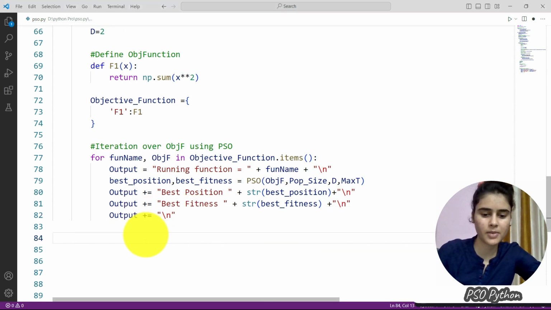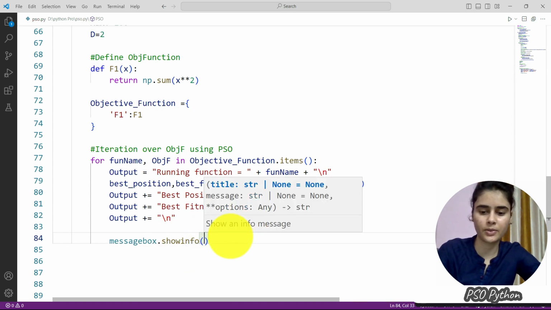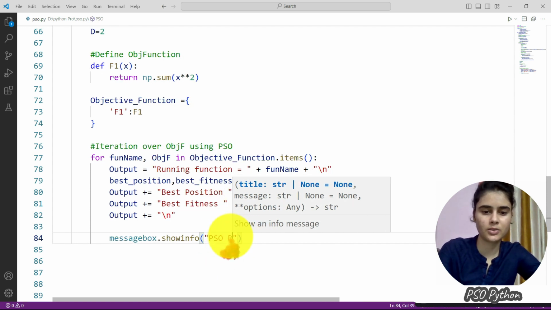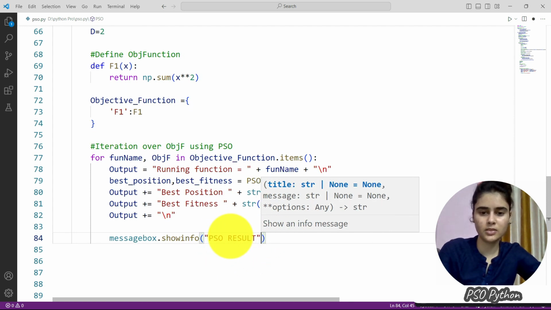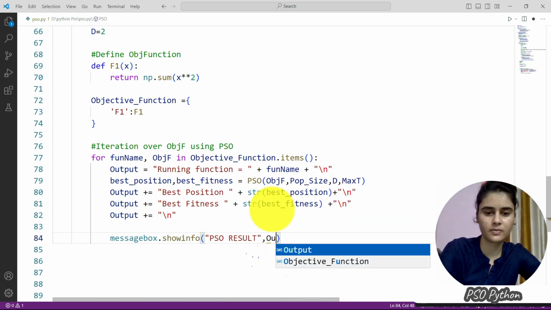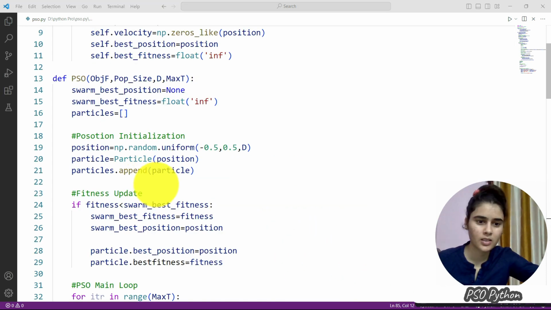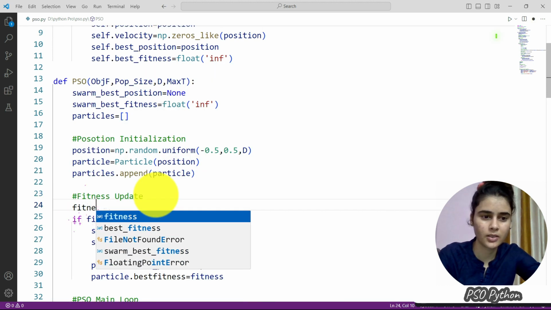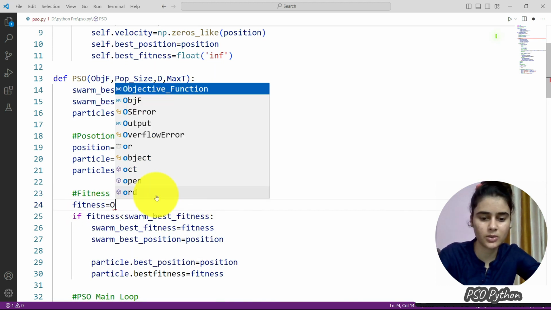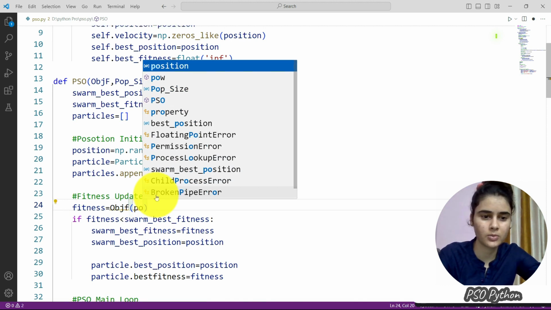Then in the message box we will display the final output. Message box show info, here we have the PSO result that is stored in this variable output. So we will display this message to the user. So here we will add the fitness, that is equal to, we will apply the objective function on the position.